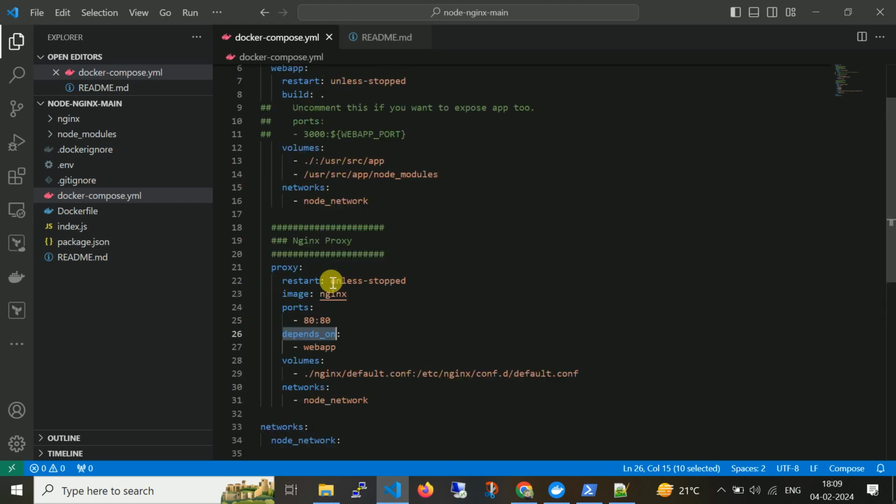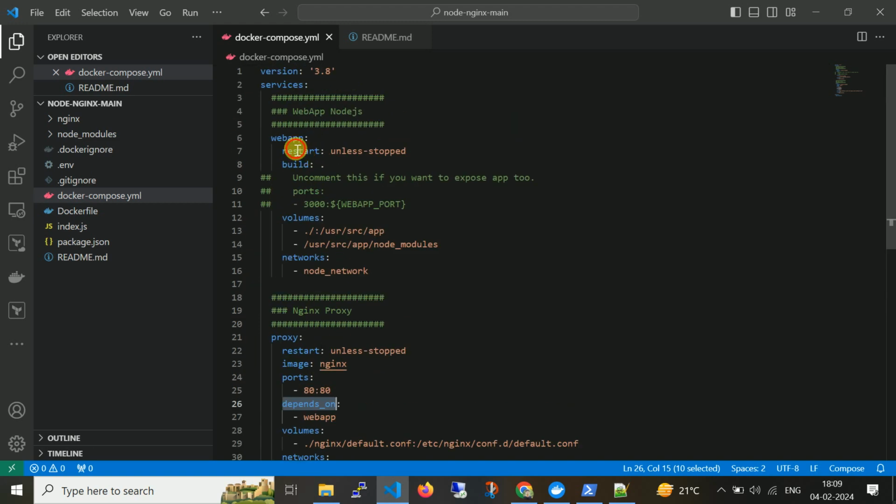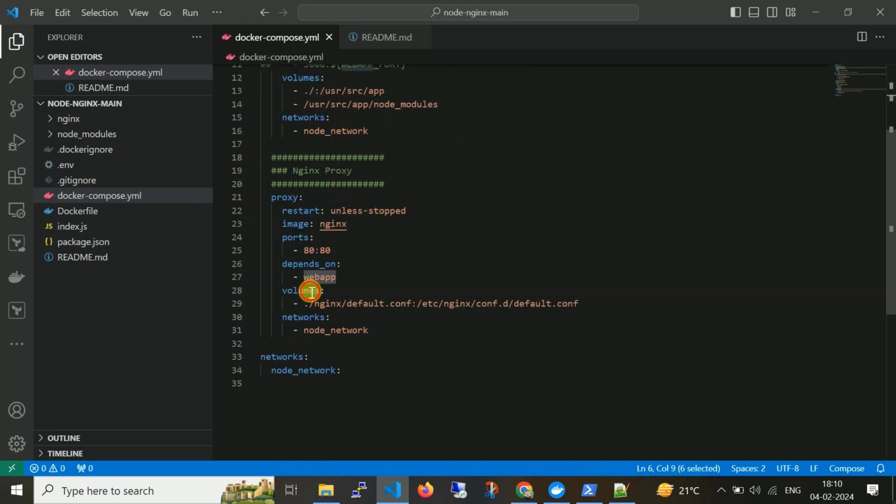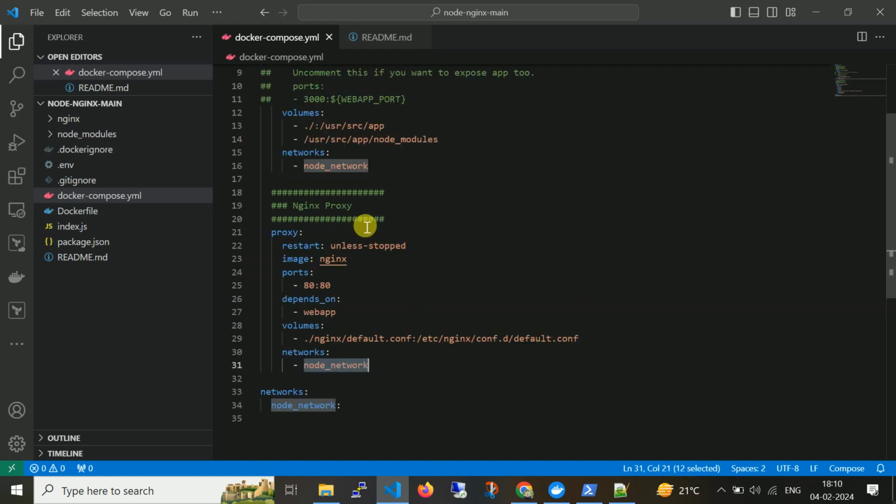Depends on the web app, it depends on this web app container. Volume Nginx default.conf, and it will automatically copy the Nginx config default.conf, and network node network. So both the containers are on the same network, that's why they can communicate internally.